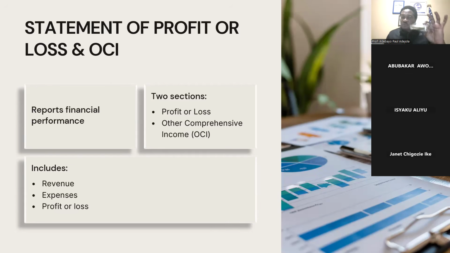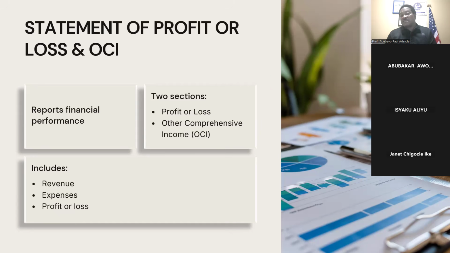At that point, you have accounted for activities normal to your business. You stop there. But the moment I now say other comprehensive income, I decide to continue. And I begin to say revaluation of asset. Our normal business is not to revalue asset, it's to manufacture and sell asset. By the time I bring items such as gains from foreign exchange, our primary business is not to go into forex. So all those items that are not primary to your main objective are the ones classified as other comprehensive